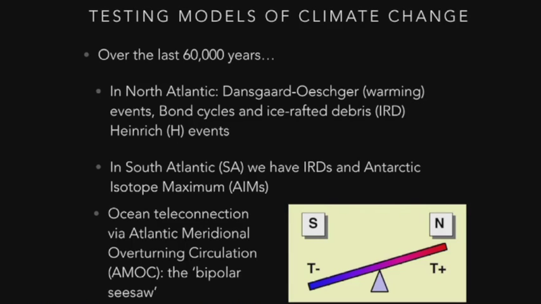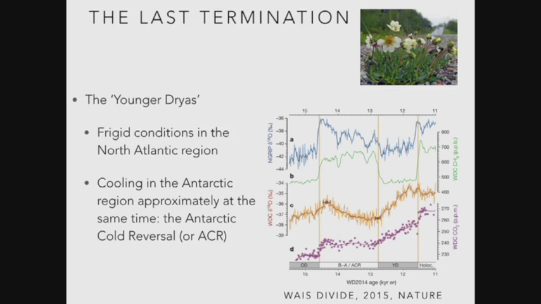And one of the classic mechanisms is through the ocean, the idea being you shut down deep water formation in the North Atlantic, and you basically increase upwelling and processes in the southern hemisphere and vice versa. So it's out of kilter. That's been one of the ways. Somehow the Atlantic meridional overturning circulation is going backwards and forwards. That's been the paradigm. And effectively, at one level, that fits with what the data is. But the problem is we've got big age uncertainties. So let's have a look at two examples.